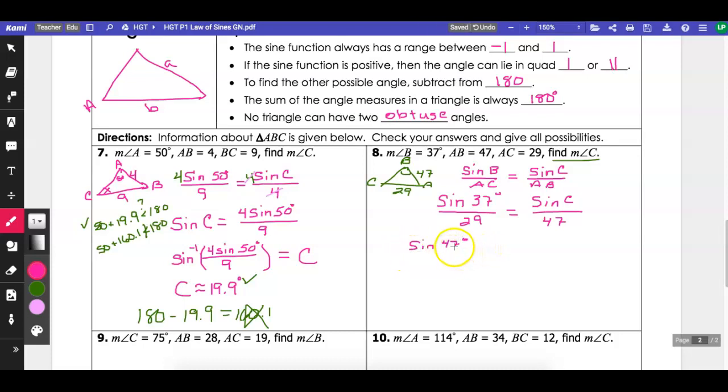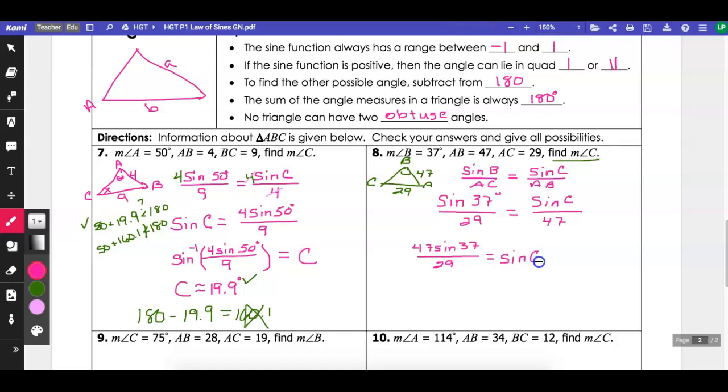Sorry, completely messed that part up, didn't I? I think you guys noticed that. I hope you noticed that, right? This really should just be 47 times the sine of 37 degrees divided by 29. This is equal to the sine